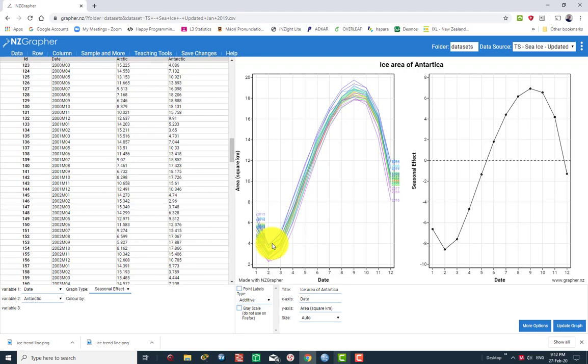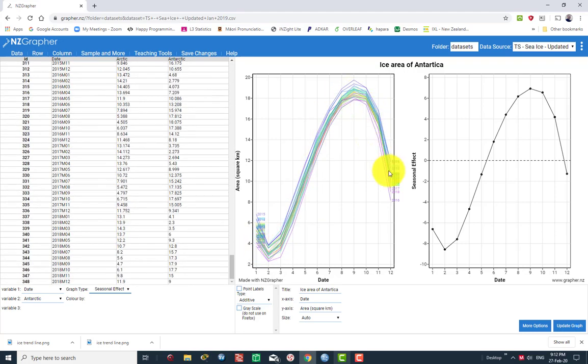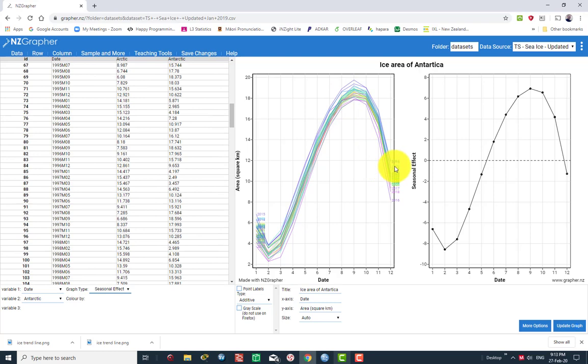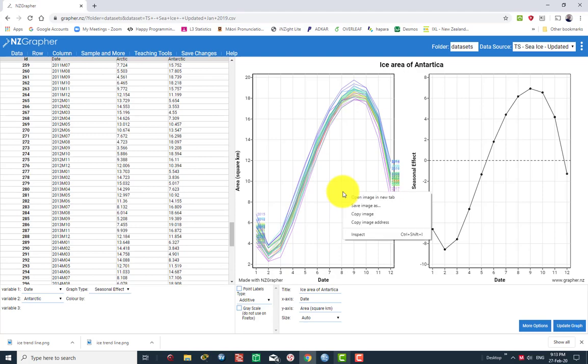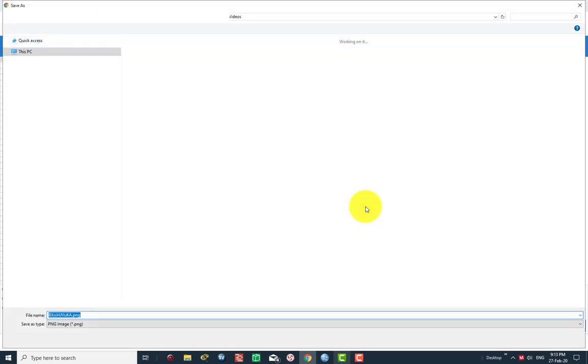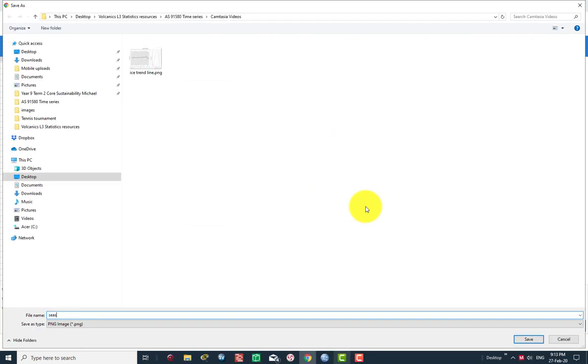So in this case we can see that every year is plotted on this graph, and they follow each other very well. So there is evidence of a seasonal pattern here, and so that will be a good graph to save for our report writing. So I'll write it as seasonal analysis,